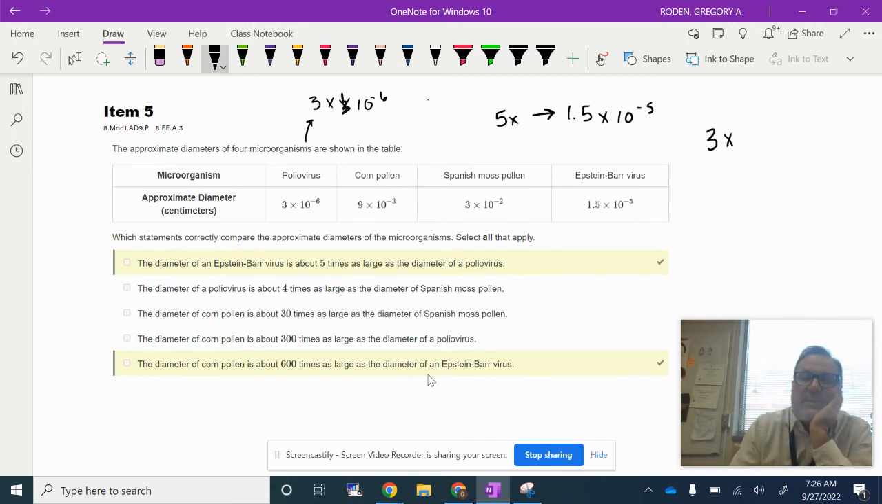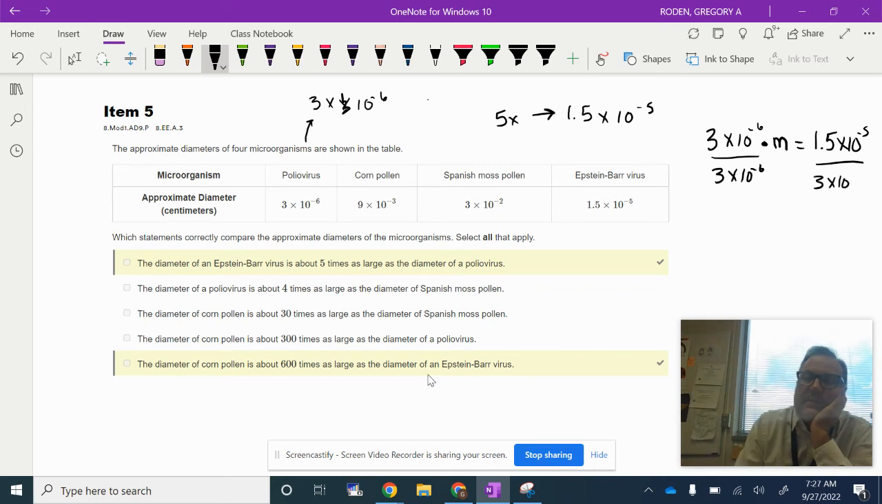3 times 10 to the negative 6th is a multiplier, times a multiplier equals 1.5 times 10 to the negative 5th. See that? And so now let's divide both sides by 3 times 10 to the negative 6th. And then we'll take 1.5 divided by 3. So if we take 1.5 divided by 3, we get 0.5. So m, remember these cancel out. So m equals